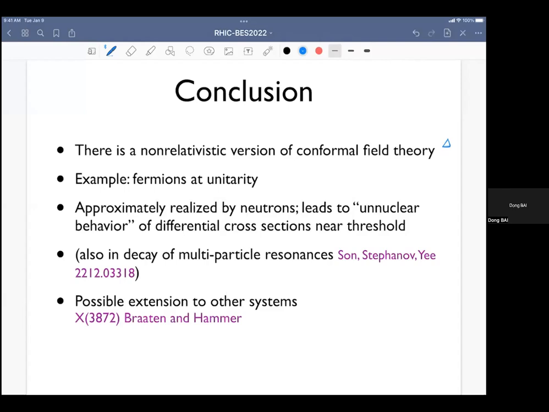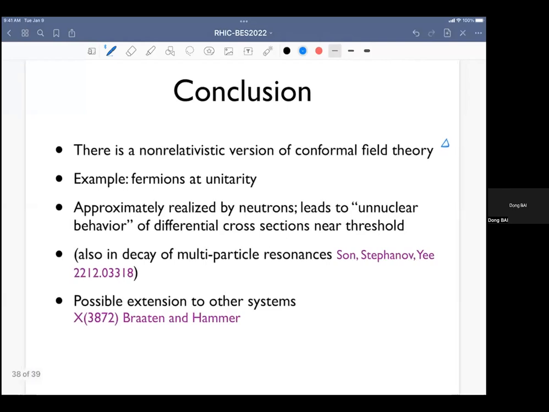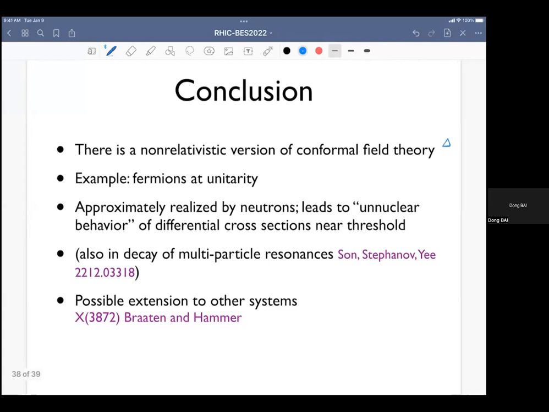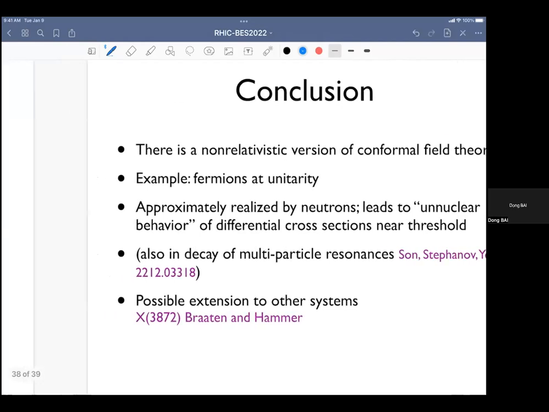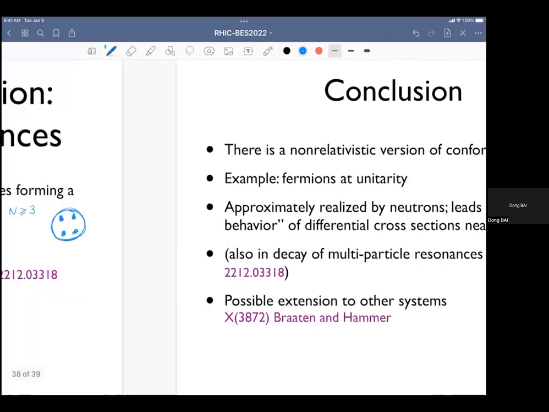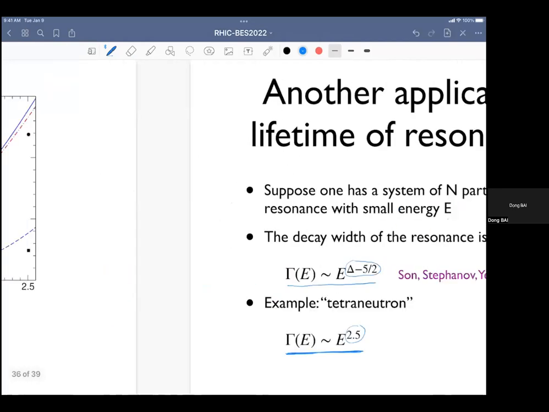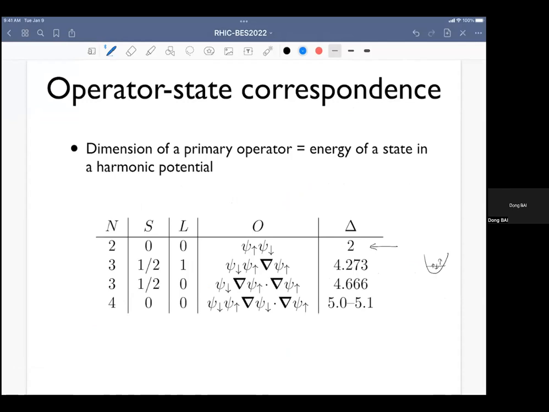Hi, Dan. Thanks very much for your nice talk. So my question is, what kind of physical observables can we assign to unnucleus? Can we talk about its mass, spin, and size just like the ordinary nucleus? So how can we imagine